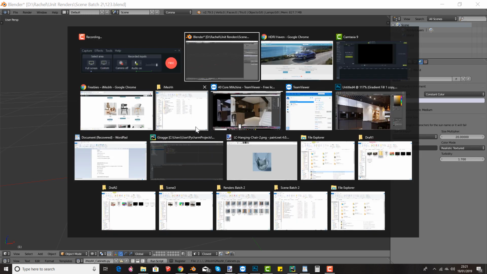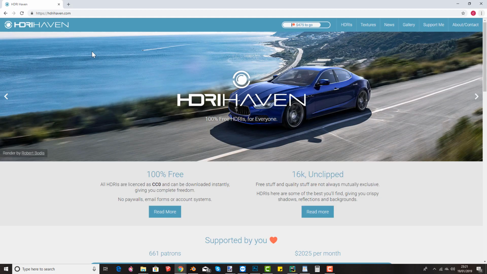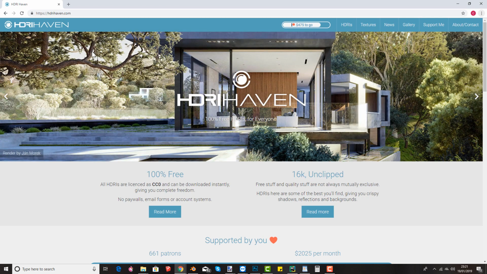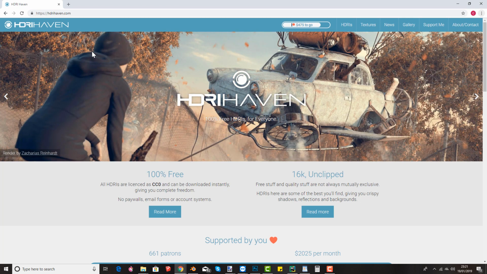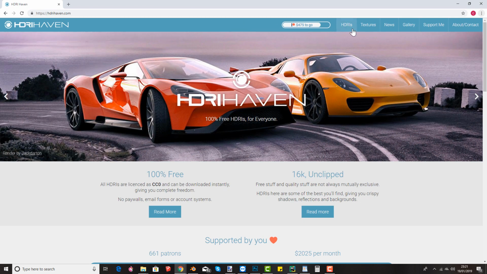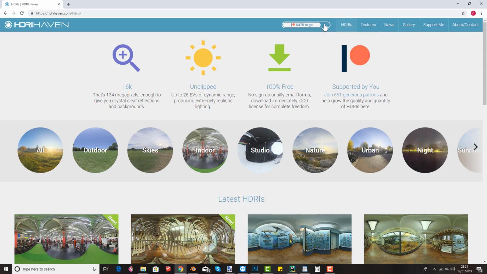It's a website called www.hdrihaven.com. It's an incredible resource for free, high-quality HDRIs, and when you get paid jobs using their HDRIs, I'd highly recommend you donate, so Simon can create more of the content for us all. I'm also using this site as it requires no sign-up, so let me find one that I like the look of. So along the top, if I select HDRIs, if we then go to Outdoor,